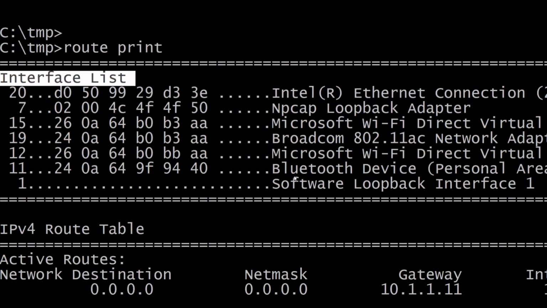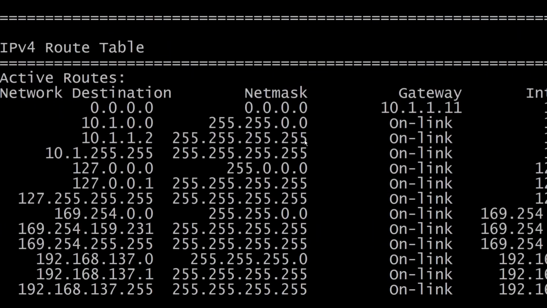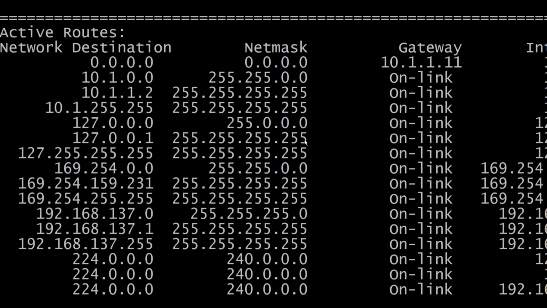So there are quite a couple of interfaces on this particular computer, and in principle it is therefore possible that it will perform routing. It can, for example, do routing between its Ethernet port and its Wi-Fi port and so on. But as I said, most personal computers are not configured to do that at all. Here you can see the IP version 4 route table, and most of it routes to machines that are on link.